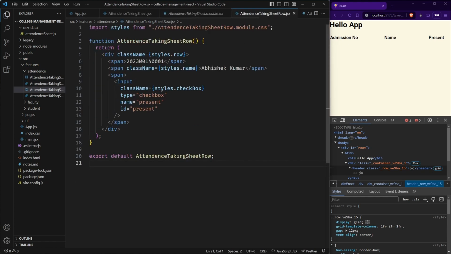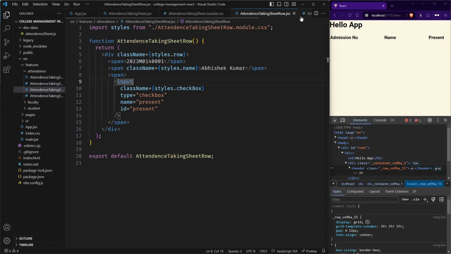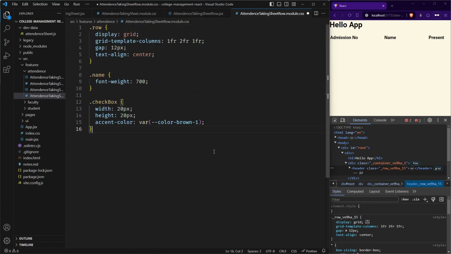Let me get the styles. It is using row, name and checkbox. So row, name and checkbox, let me take it and paste here.